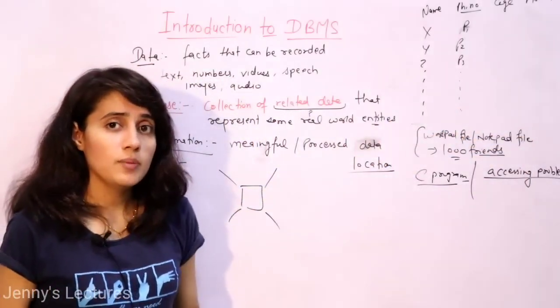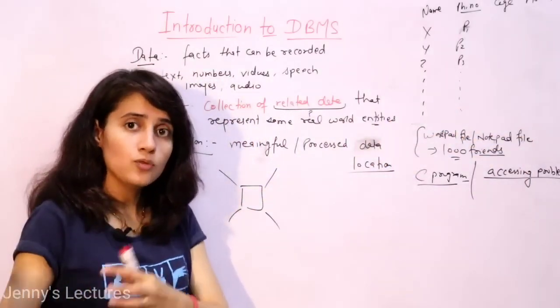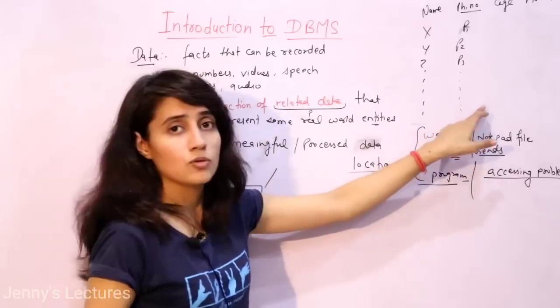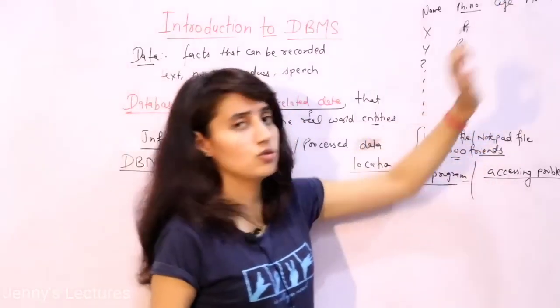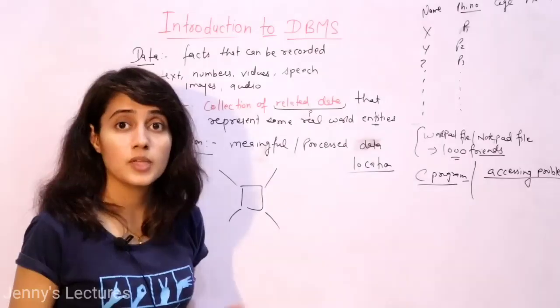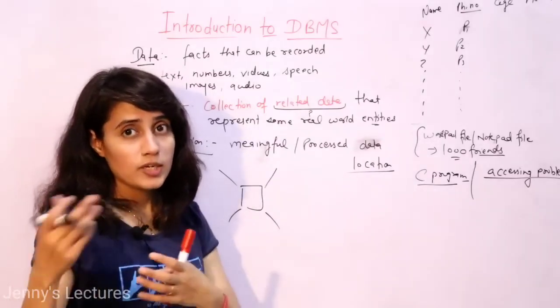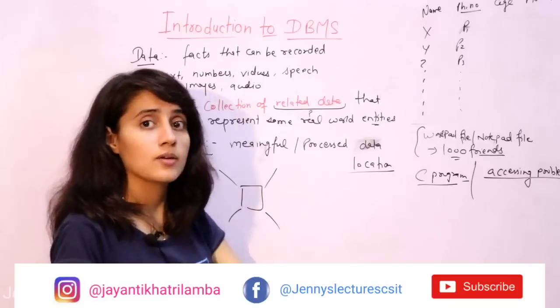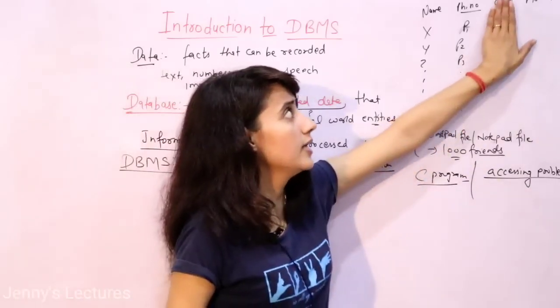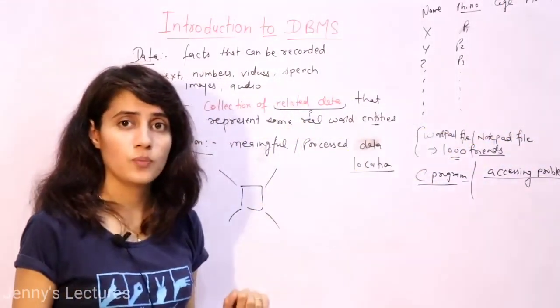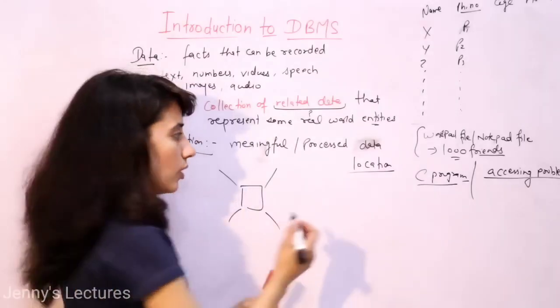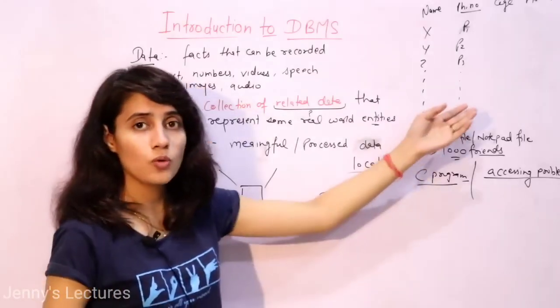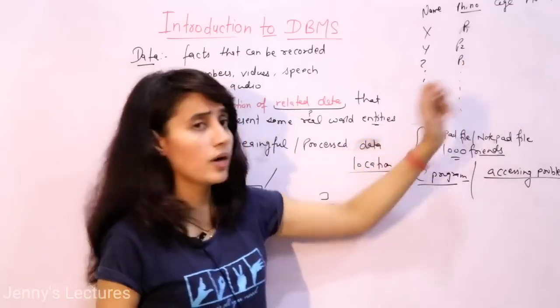Now maybe to another friend you want to show this file, but to that friend you don't want to show the age. Then you need to write another C program and create another file, from which you delete the age, and show this file to your friend. Now basically you have created 3 files. One is not having the phone number, one is not having the age.